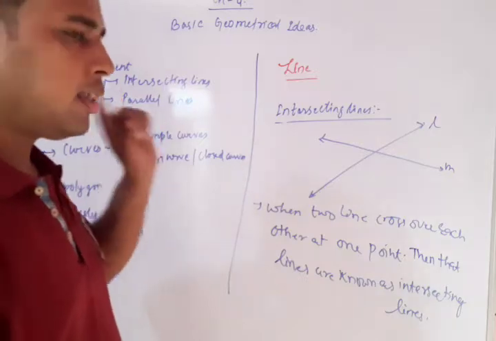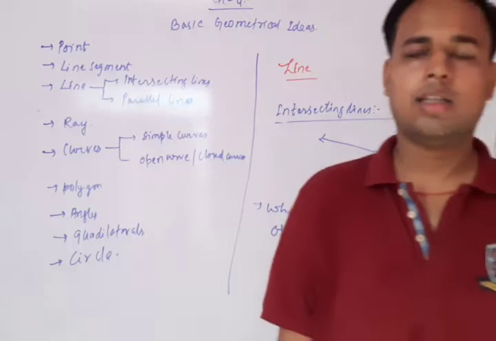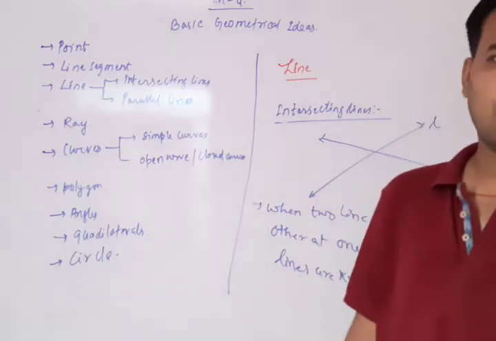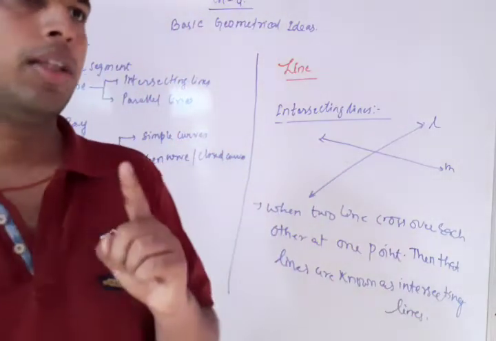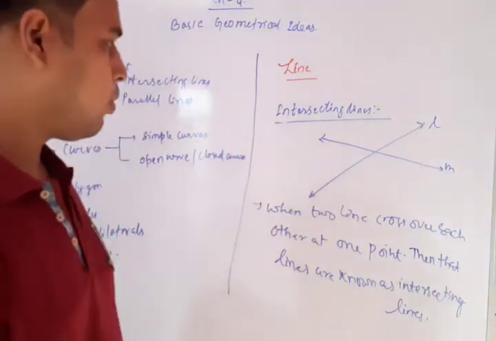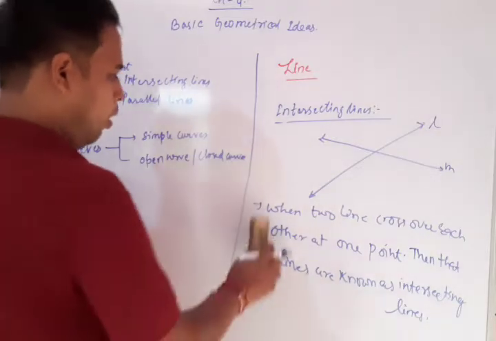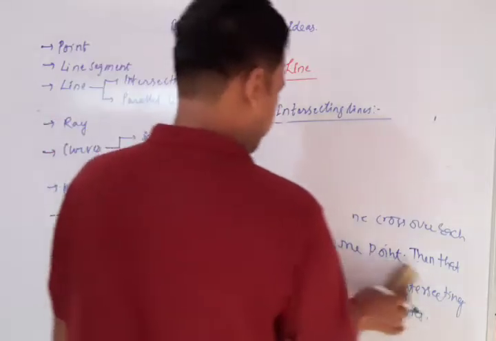यानी एक ही जगह क्रॉस ओवर करेगा और एक ही पॉइंट पे करेगा. उससे ज्यादा दो लाइंस खुद को दो बार क्रॉस ओवर नहीं करेंगे. वो कितने बार क्रॉस ओवर करेंगे? ओनली वन टाइम. They will cross over each other at only one time, not more than one time. Now parallel lines.